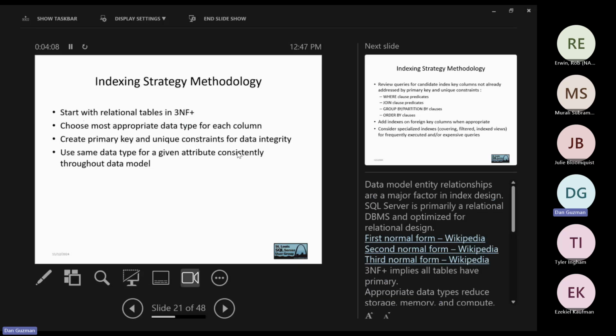You kind of get a free B-tree index for that. But it is important to use the same data type for the same attribute. Don't have a customer ID that's in one table as varchar, and in another one as bigint in the third. If you're consistent, then SQL Server will be able to use the indexes more efficiently because you don't have to worry about the issue with it not being sargable, meaning that SQL Server doesn't have to convert from one data